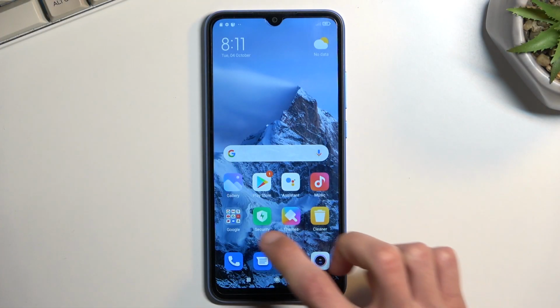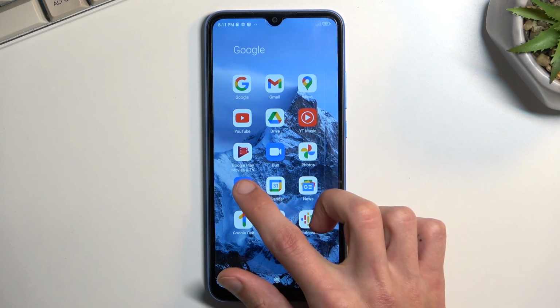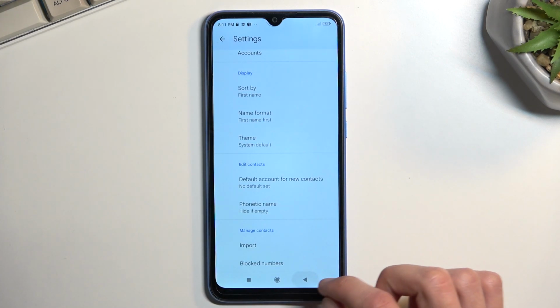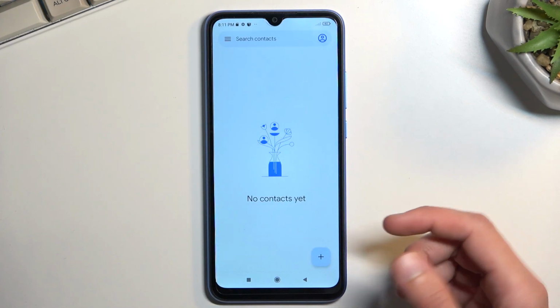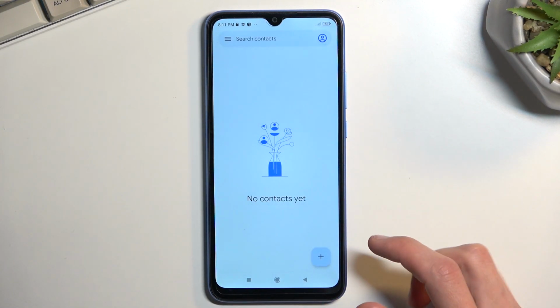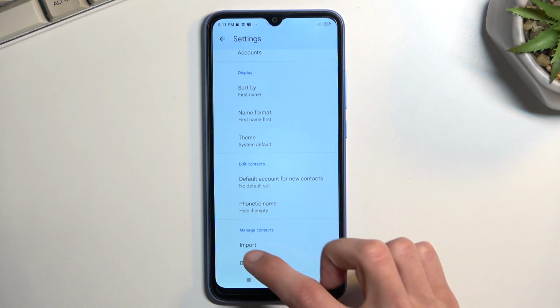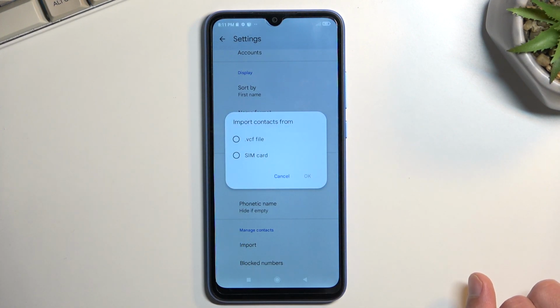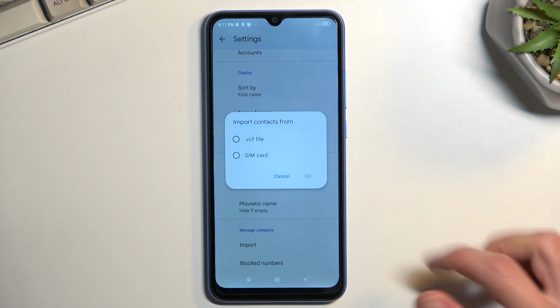So to get started, you want to open up your contacts application. Make sure you do open up the standalone version of it. And once you have it open, click on the three bars right over here, navigate into the settings, and at the bottom you'll see the import option. Click on it. Choose where you want to import your contacts from,